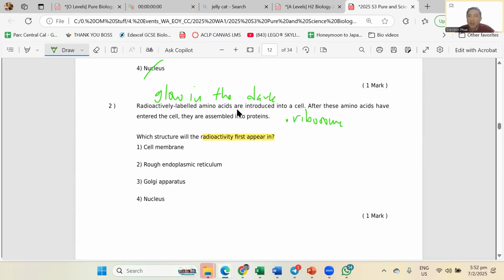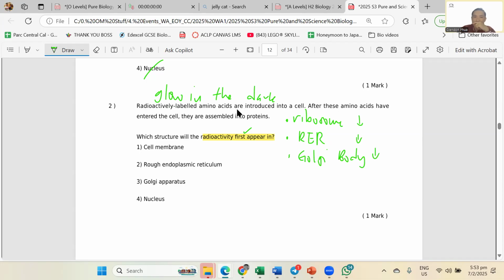Then, which other organelle has my ribosome? My RER. All right, but this is a tricky question. Where will it first appear? Now, after the protein goes to my RER, it's like my Taylor Swift thing. I synthesize in my RER, okay, for marketing. Then marketing, before it can go to Singapore, it must get modified. So it gets modified by the Golgi body. So this is my order: ribosomes, RER, Golgi body.